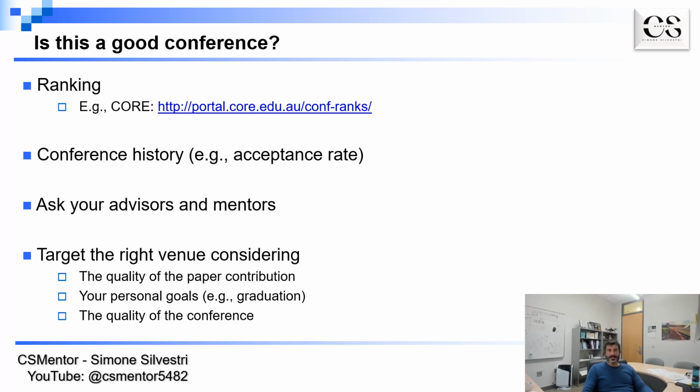Because submitting to a very high quality conference is great if you get it accepted, but the likelihood that the paper is rejected is significant, even if the paper is good. So, if you're about to graduate or graduating soon, you may think about that being or not being a good opportunity. But at the same time, of course, you don't want to submit an extremely good paper to a conference that is, let's say, medium tier, just because you want it published. It can happen, but you really need to balance all these factors. And again, your advisor can provide you good guidance.